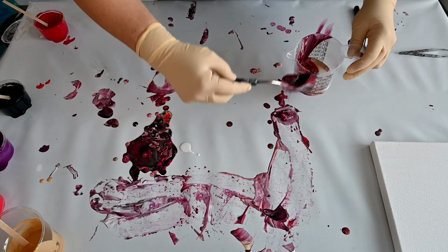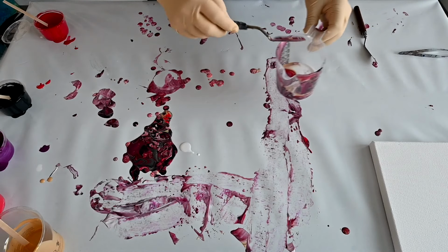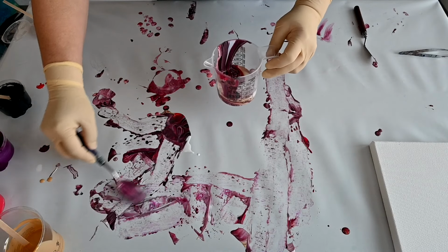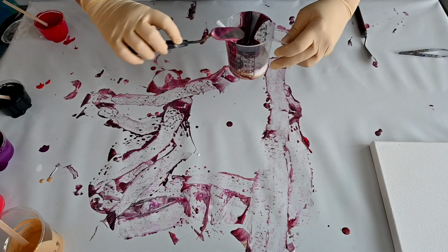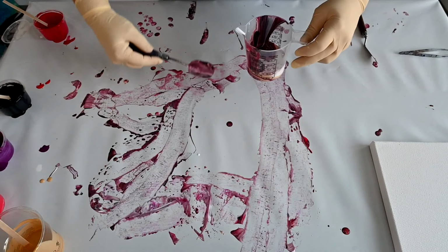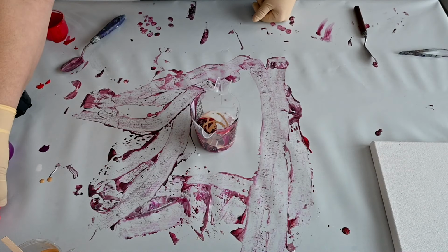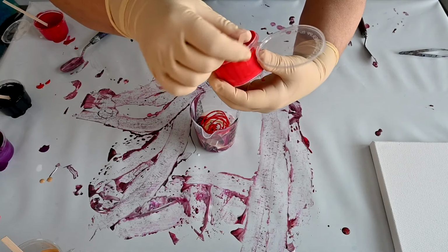And using up those scrape offs. Sometimes you get something nice, sometimes you don't, but I definitely want to try. Okay, and I will still add some paint, some gold, some cadmium red. Just use up those colors,